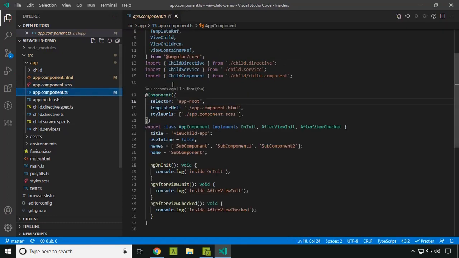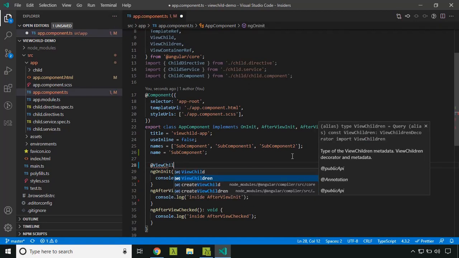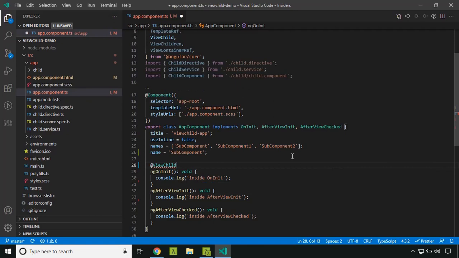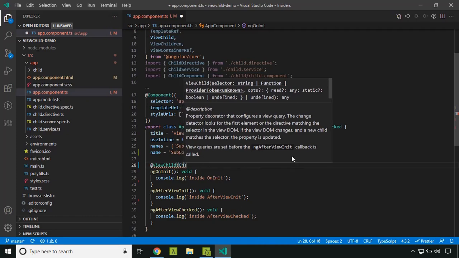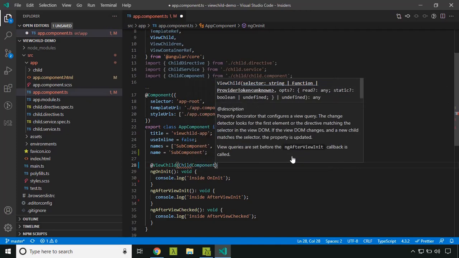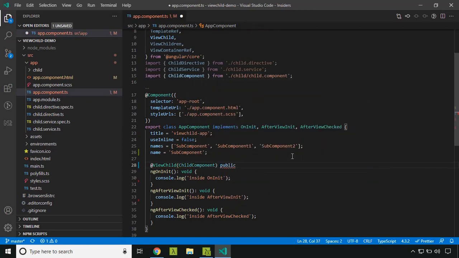So let's go into our app component and add a viewChild decorator. Inside the viewChild we can pass a selector, which is usually the element which we need to query from the component. So here I am passing the child component, and then we need to set the access modifier and provide a name.